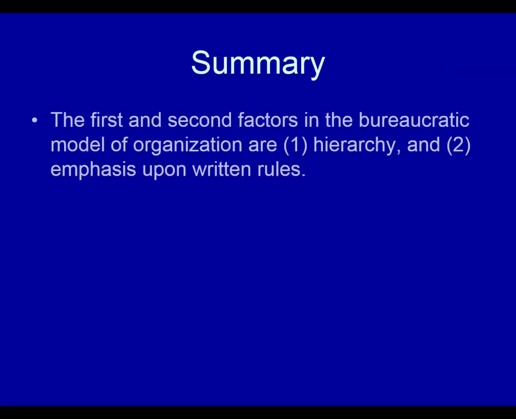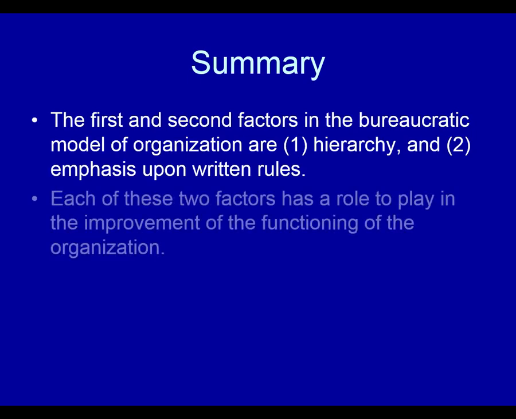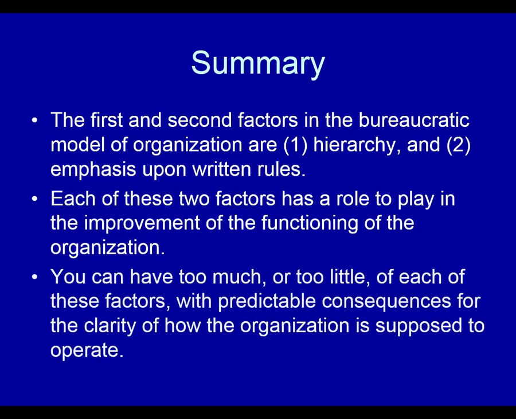Here's a summary so far. The first and second factors in the bureaucratic model of organization are hierarchy and emphasis upon written rules. Each of these two factors has a role to play in the improvement of the functioning of the organization. You can have too much or too little of each of these factors with predictable consequences for the clarity of how the organization is supposed to operate. I hope